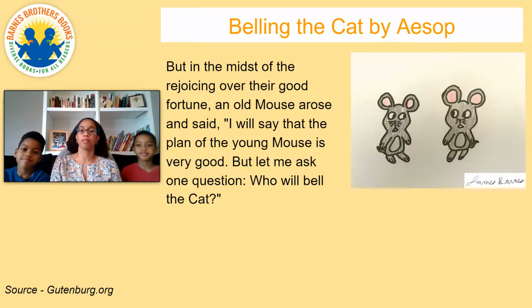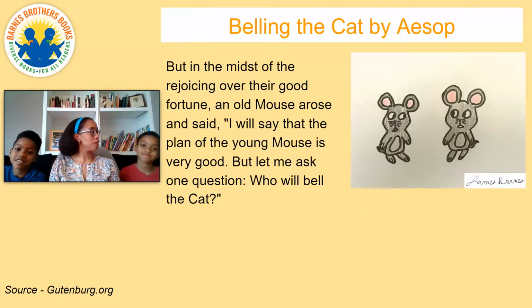All right, who will bell the cat? Before we think about what the theme is, what the moral is, let's talk about what happened in the story. So what happened in this particular story, Belling the Cat? Well, they needed to find some way of knowing when the cat was coming so they wouldn't get eaten by it. Okay. All right. And so what happened next? Then one of them got a really good idea that all of them agreed on, except there was one problem. They didn't know who would bell the cat since they're so afraid of it. Right. Had an idea. Everyone likes the idea, but how do we make the idea happen?